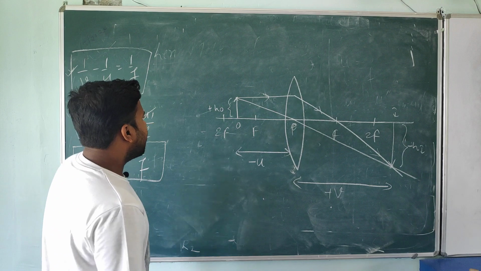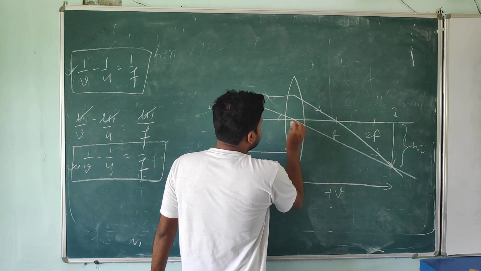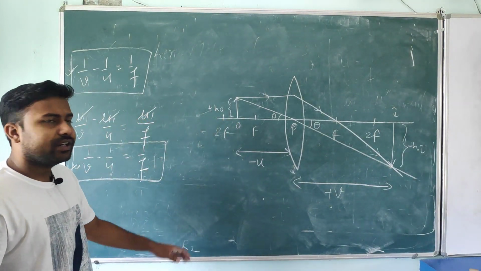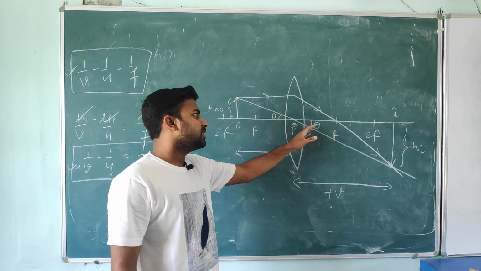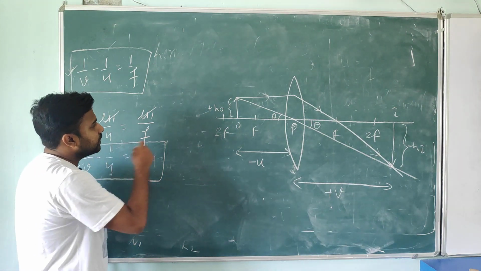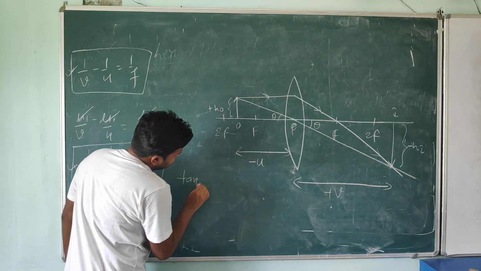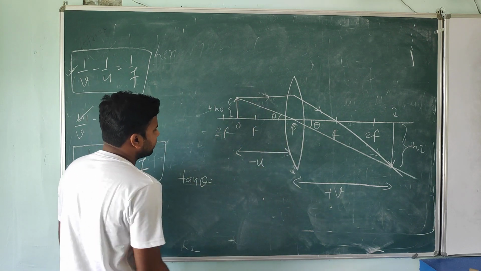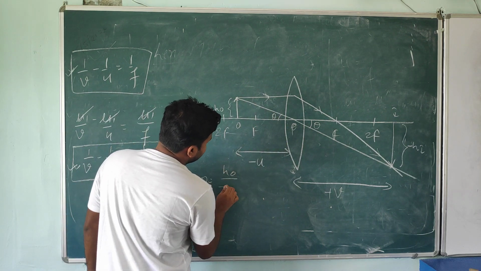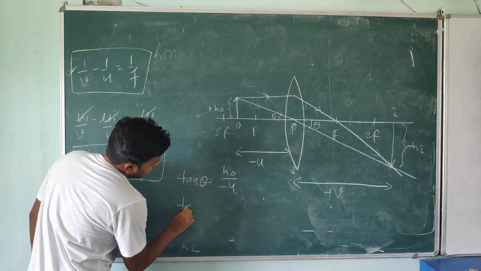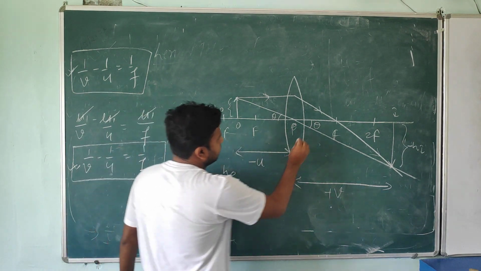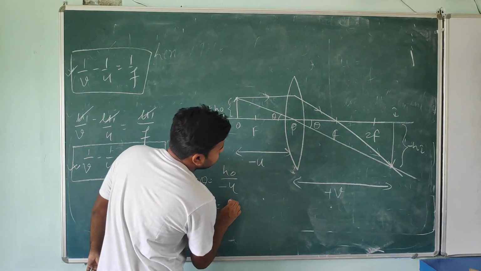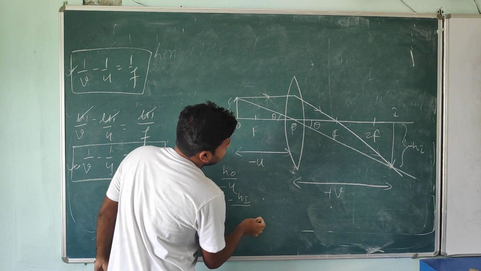Okay students, now this angle is equal to this angle. From 9th or 10th class geometry, we already know these things. This theta is equal to this theta. So now tell me, in this triangle, tan theta is equal to what? h0 divided by minus of u. And tan theta in this triangle, if you are writing, what can you write? Minus hi divided by